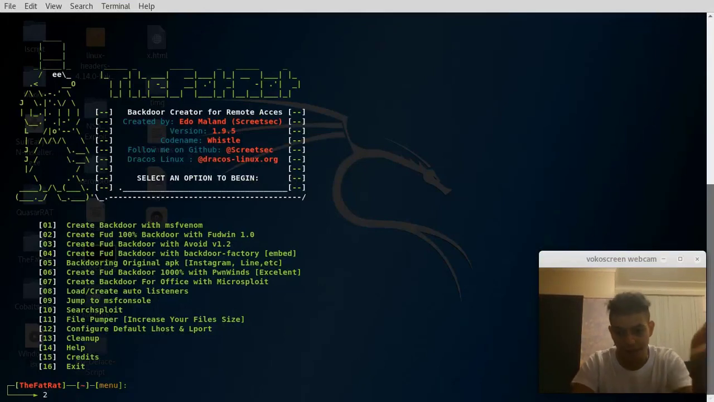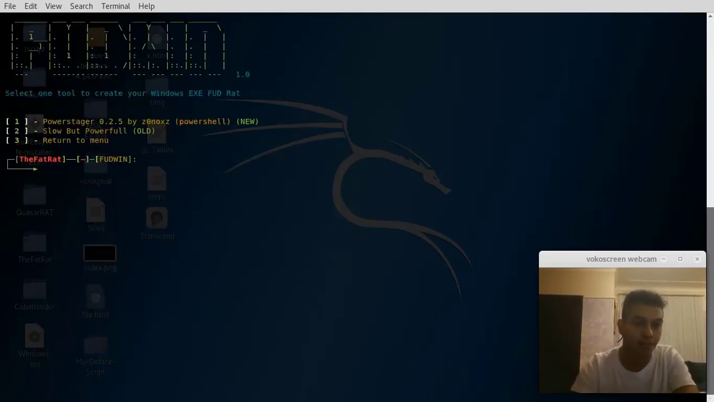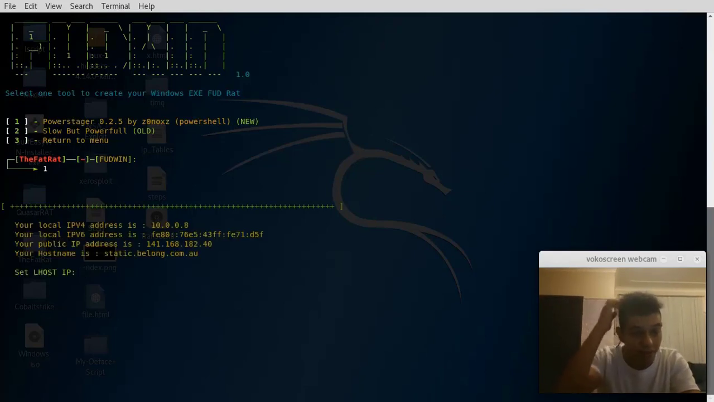So FUD stands for fully undetectable, so a virus can't detect it. With this program, I'm pretty sure it can, unless you're using an encryptor, or you bind your virus with some encoder, and then the virus can't detect it simply. So we'll use Power Stager, PowerShell, and we will enter our local IP address, which is on this machine, and you can choose whatever port you want to listen on, but I am going to listen on port 4444,